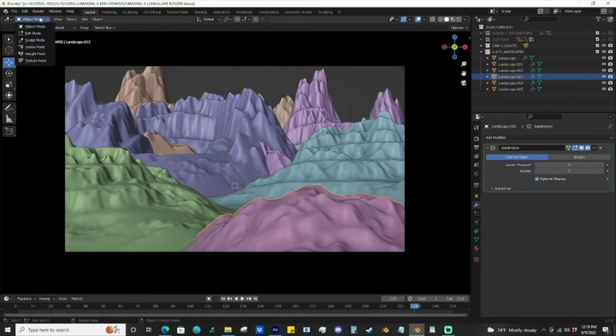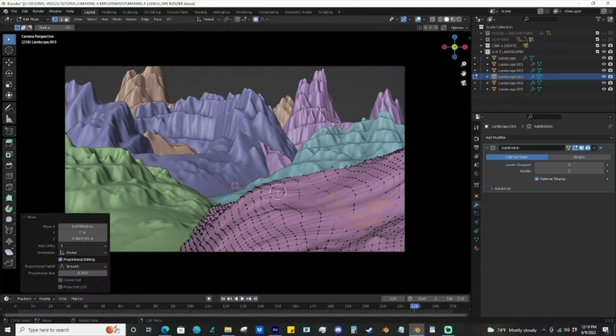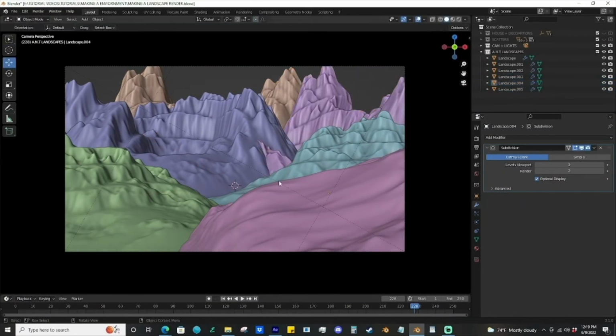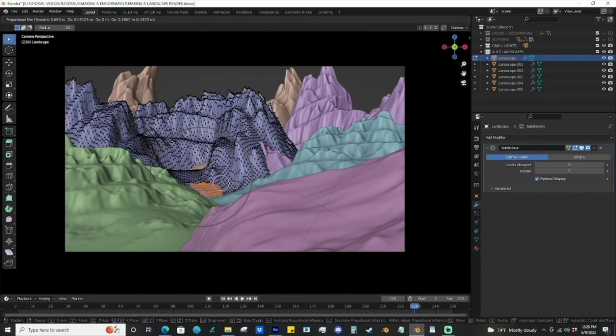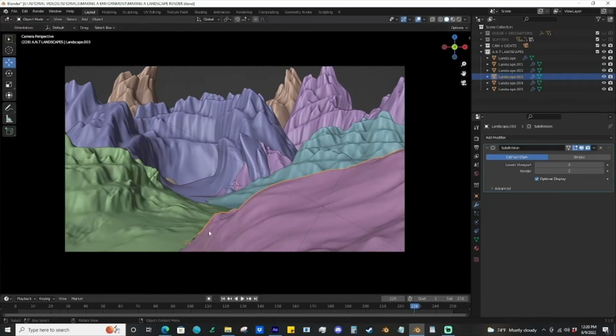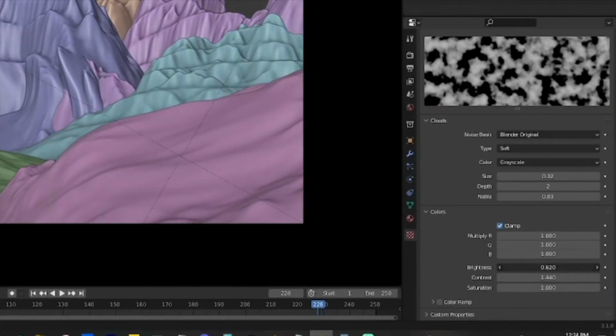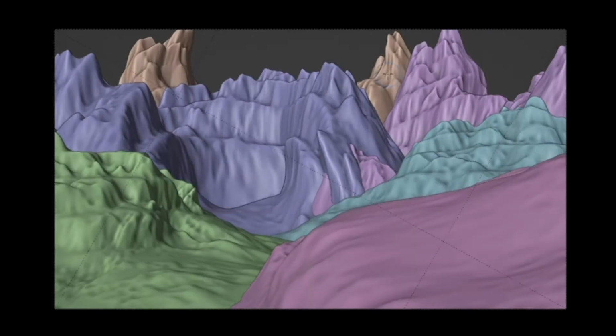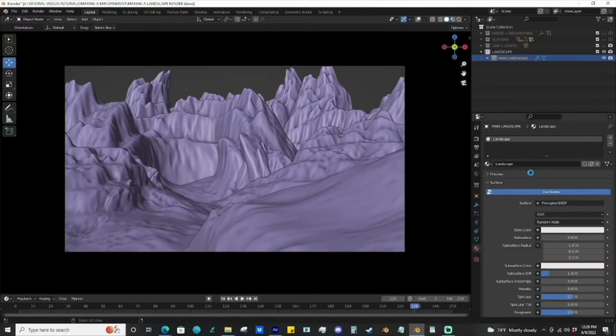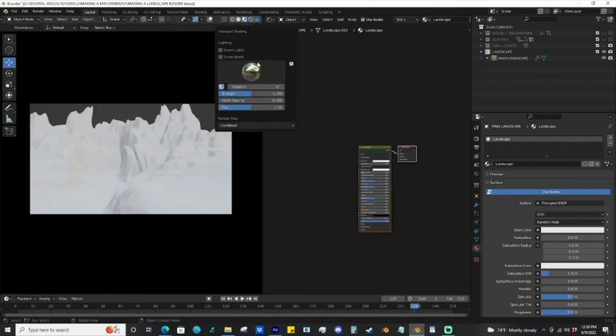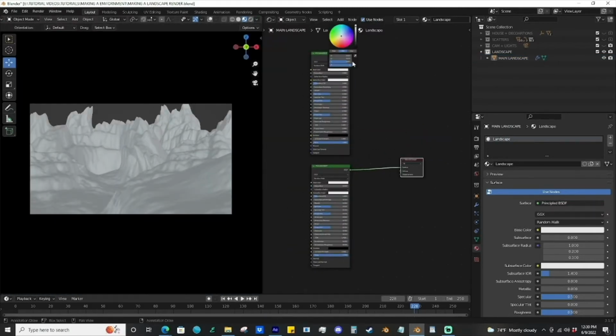Then from there you can go in and sculpt out extra details, edit proportions, and use proportional editing to edit some areas that you need and revamp the environment just a little bit, and it'll make things go a lot smoother. It'll make things somewhat easier, right? For the height-based texturing, to do this, you're going to need 2 principled BSDFs, and you're going